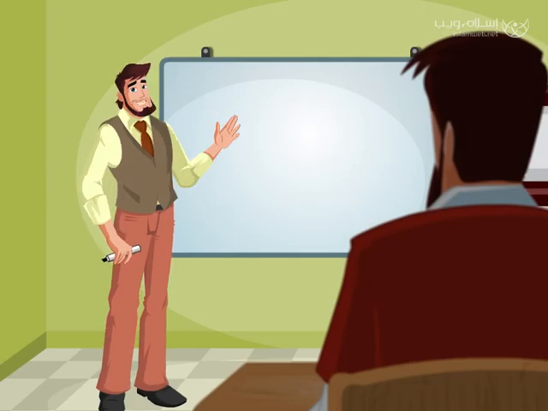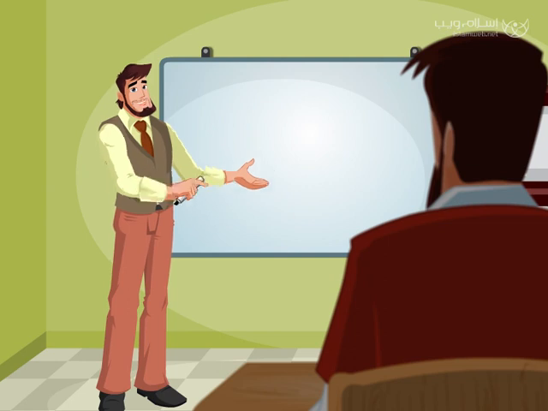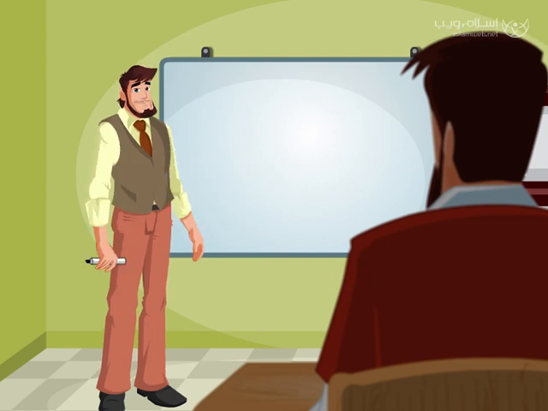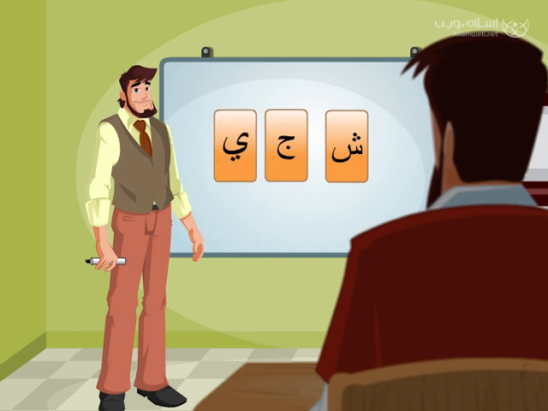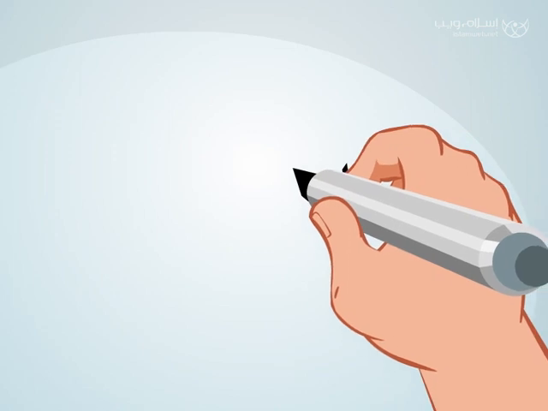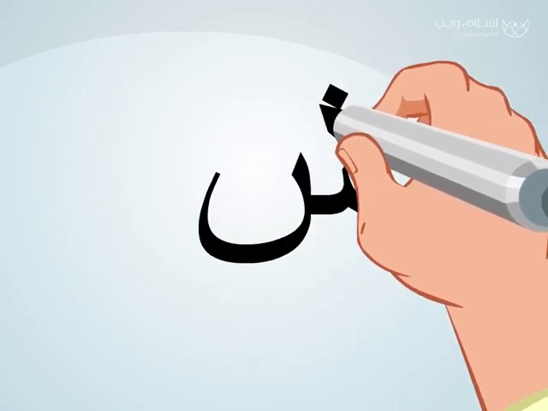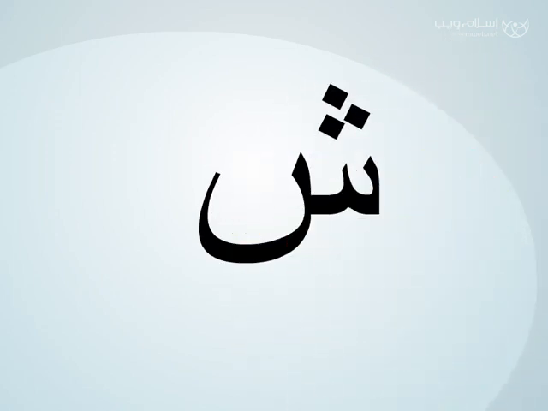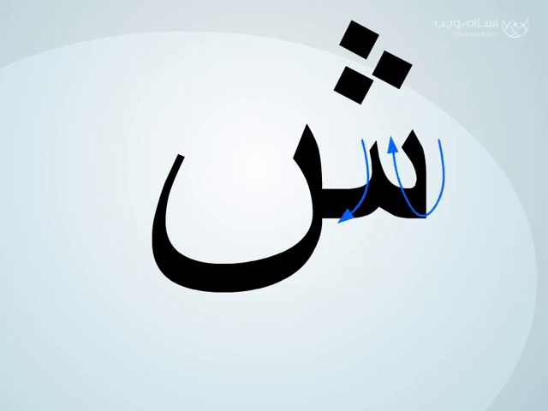Hi all. Today we're going to learn 3 letters that share the same articulation point. Sheen, Jim, and Ya. This is how we write it. Sheen,